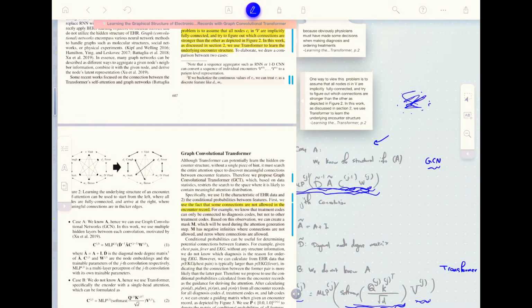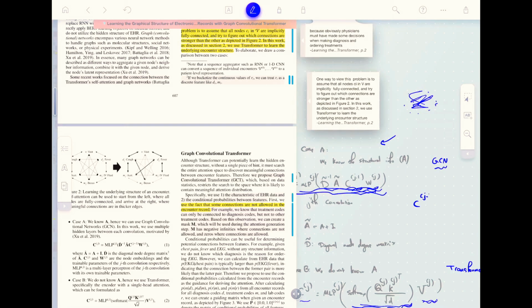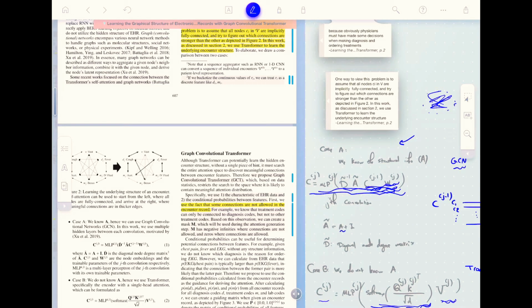Assuming here that C j-1 is a matrix in which the rows are the representations of C1, C2, till the end. We have Wj, which is the learned parameters for that layer. It will be used to map these to certain auxiliary outputs, and then we use this new A tilde, which is the summation